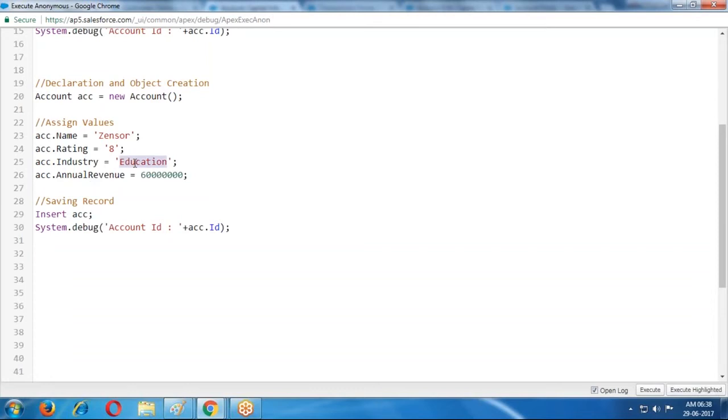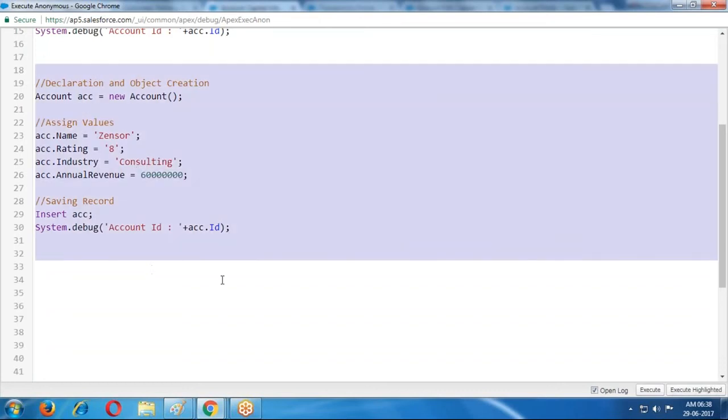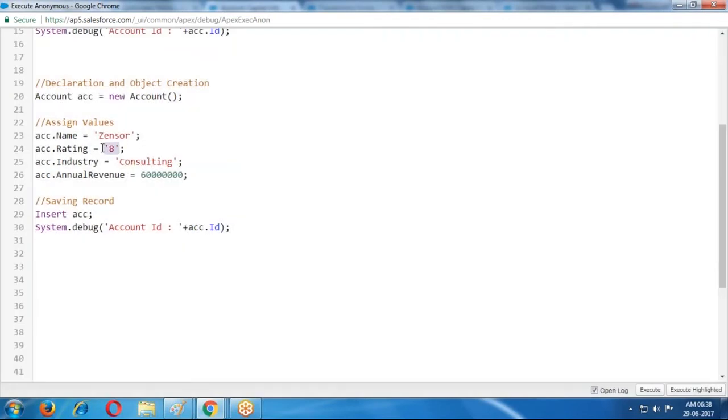Now something Gensar consulting. Now can I create? Yes, you can create a record. This 8 we are taking under string format only. Because of that reason only it is allowing. If it is an integer format it cannot be accepted. Decimal format also cannot be accepted. For the rating, the value is a text type of value. Pick list is also nothing but a string type of value, only that it is allowing. I will explain what data types are used here later.